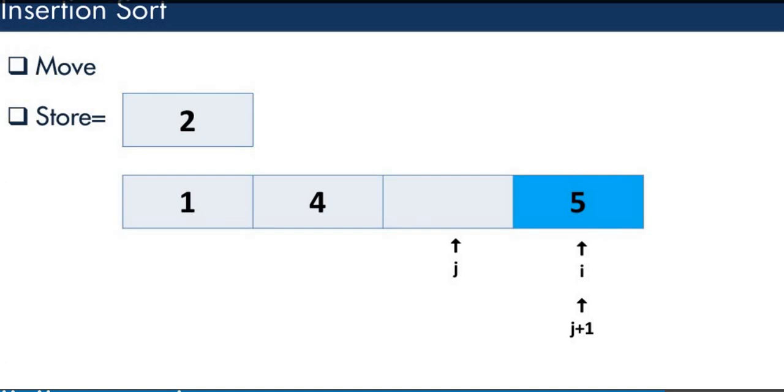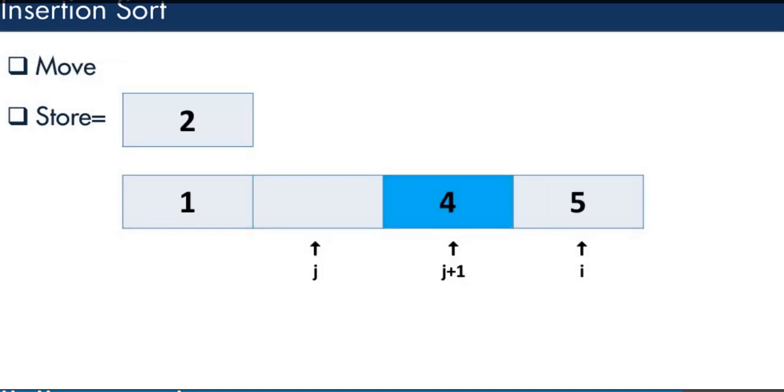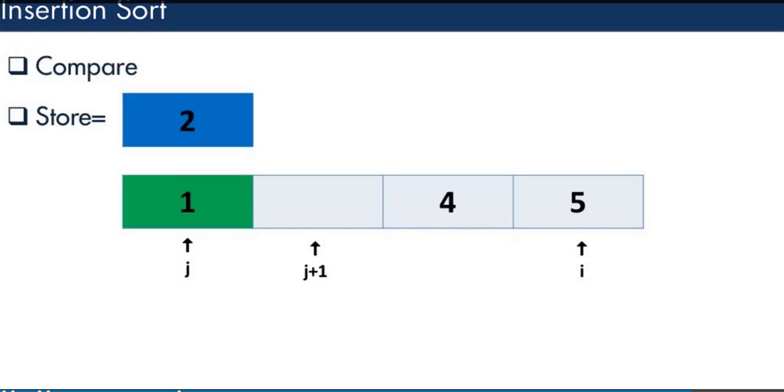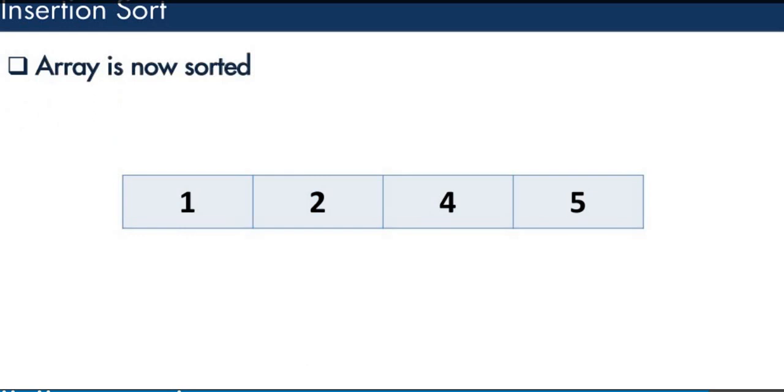By default the greatest number will be placed at the last position, that is 5 here. Since 2 is greater than 1 and 2 is smaller than 4, 4 will be placed at the third position, right? And then 2 will be placed after 1, in between 1 and 4 here. You can see the list here: 1, 2, 4 and 5. So this is the final sorted list. This is called selection sort.